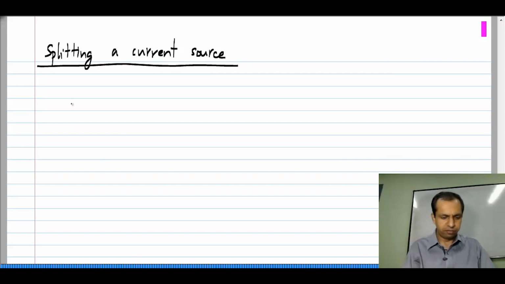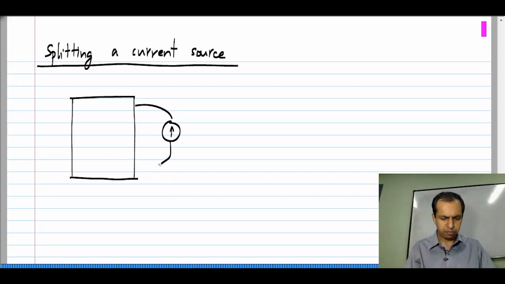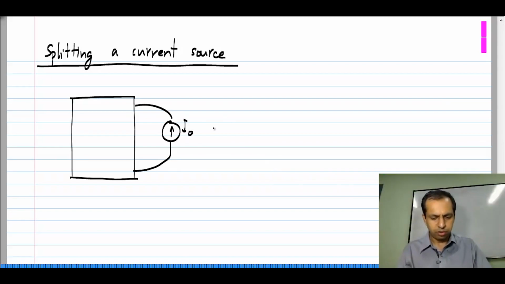Now, let us say we have some circuit, could be any circuit, and it has a current source. I have not imposed any restrictions on this circuit. It could be linear, non-linear, whatever, and it has this ideal current source connected somewhere. Let us say the value is I naught. Now, it is clear that this is exactly equivalent to